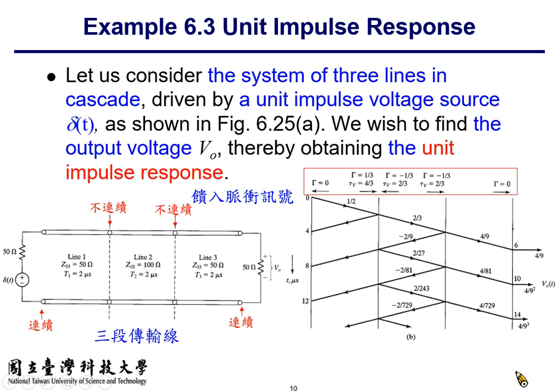What is the magnitude of this impulse signal that you observe at the right-hand side? It can be found from the initial signal, the transmission coefficient over here, and the transmission coefficient over here. So as you can see here, according to